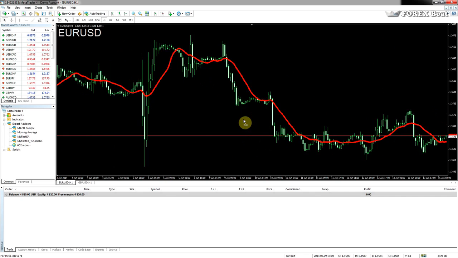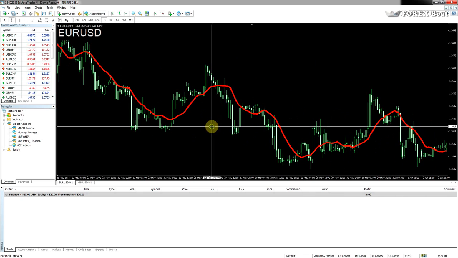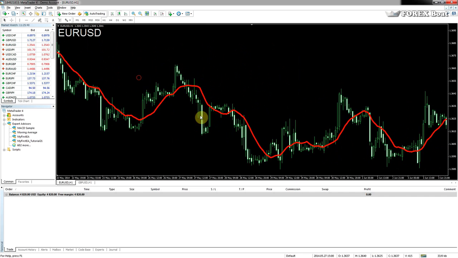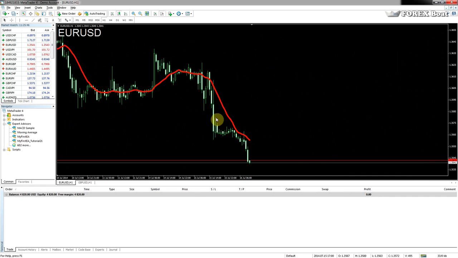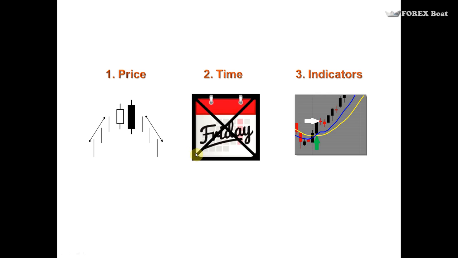This is a basic rule, so you would have to add some exceptions or filters to it, so you don't pick up all these noisy signals. But say here, if we buy and we hold until it actually crosses again, we could earn some pips once more. And so that's a rule around indicators. Those are basically the ones that we intend on working with. I'm not sure yet how our strategy will play out. I haven't finalized it yet, but we'll see how we go in the next tutorials.